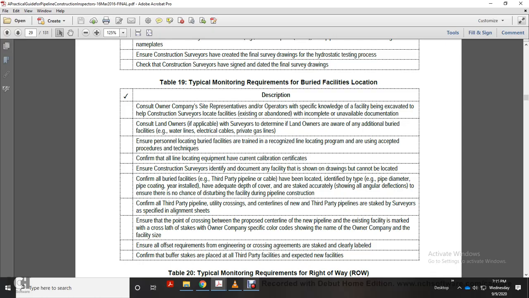Identify the type of pipe, diameter, pipe coating, the year installed, and the adequate depth of cover, as staked and accurately shown, including angular deflections. Ensure that there is no chance of disturbing the facility during pipeline construction. Confirm all third-party pipeline and utility crossings and centerlines of new and third-party pipelines are staked